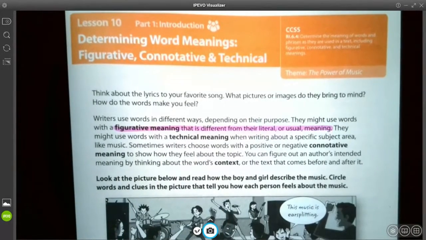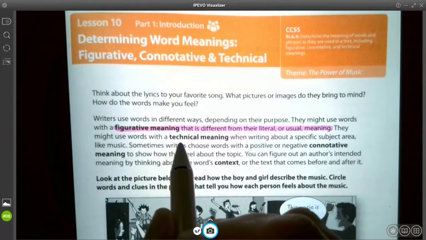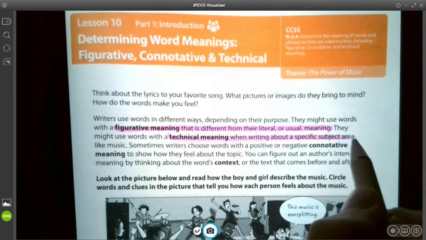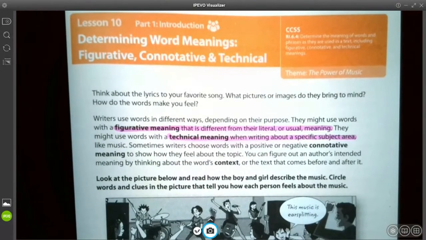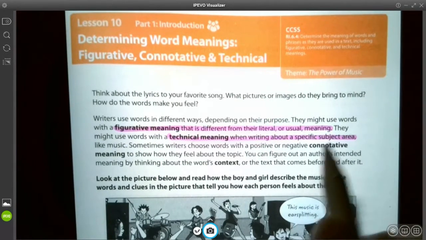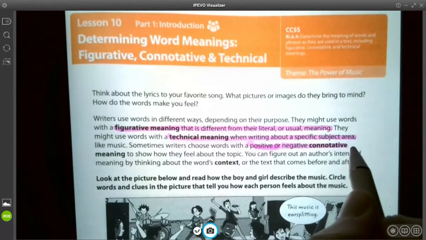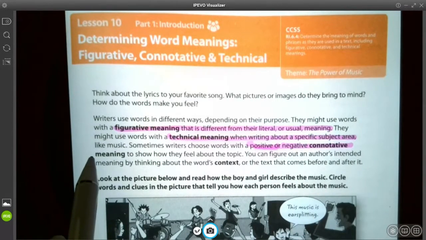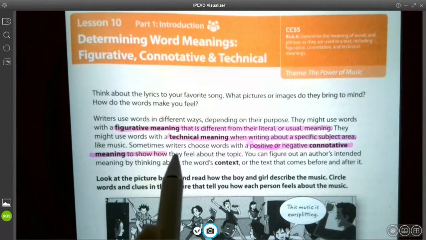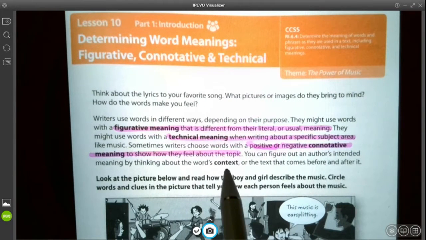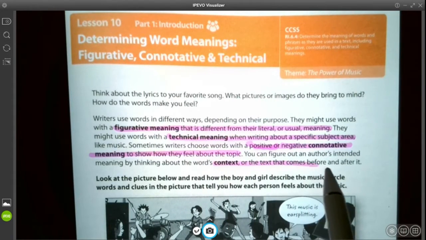They might use words with a technical meaning when writing about a specific subject area, like music. Sometimes writers choose words with a positive or a negative connotation, or a connotative meaning, to show how they feel about the topic. You can figure out an author's intended meaning by thinking about the word's context, or the text that comes before